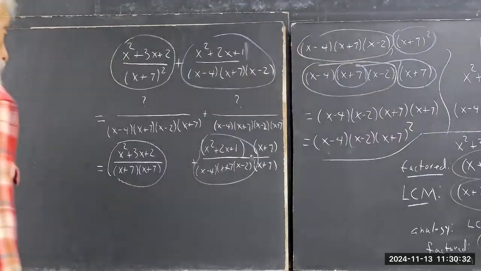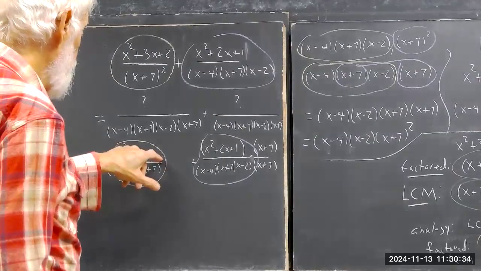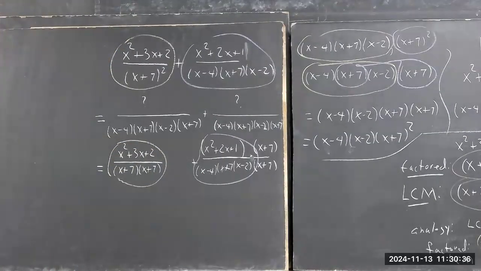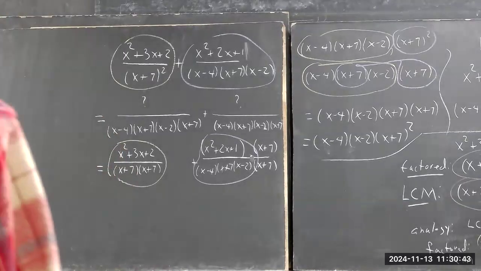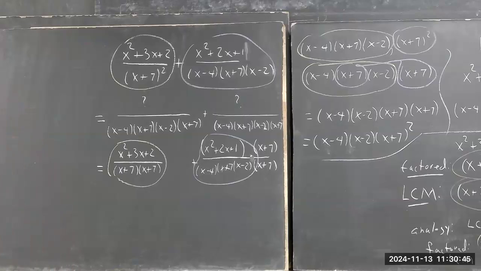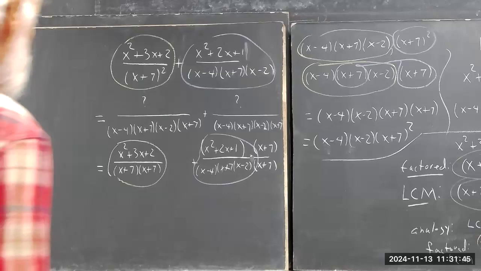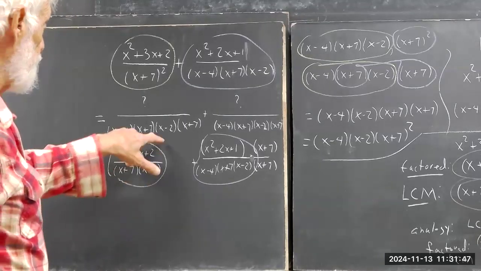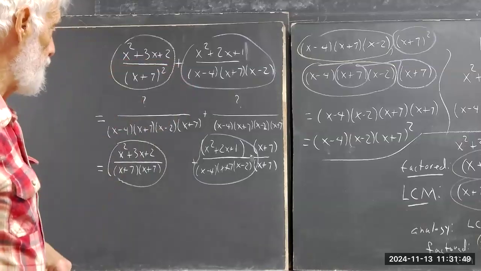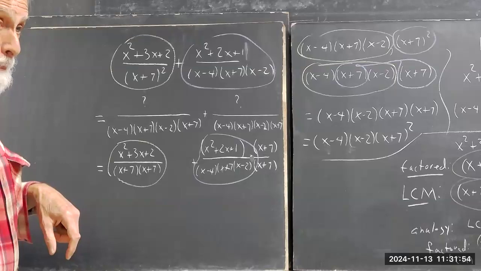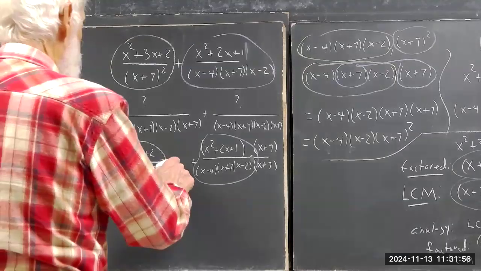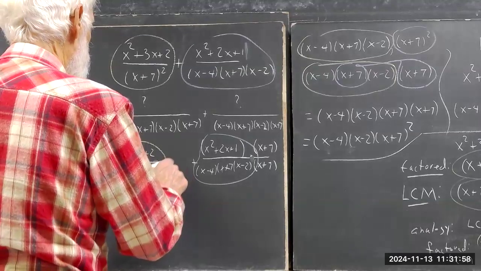So there it is. Okay, now what do we have to multiply this one by? What do we need in the denominator that we're missing? Write that one down and put a big heavy circle on it. Okay, now what's missing, if we look at this and this, is an x minus 2 and an x minus 4, right? Okay. So we're going to have to multiply this by